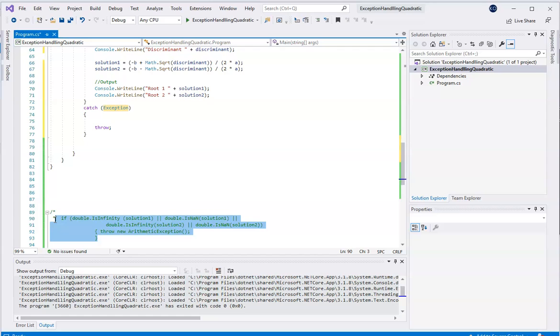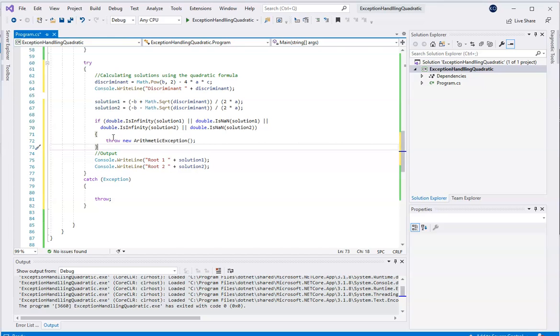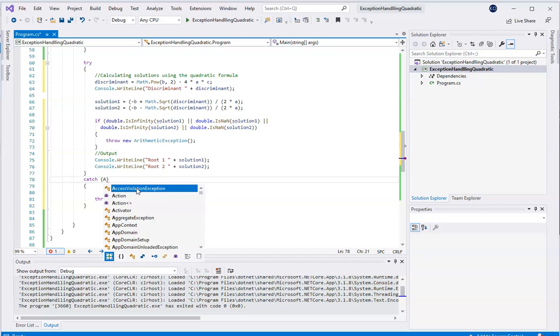And it's going to be an if statement after we do our calculations for the solutions. We can actually check to see if the solution 1 is infinity or is not a number, or if solution 2 is infinity or not a number. So we're checking all the possibilities, solution 1 and solution 2, and if that's the case, we're going to throw an arithmetic exception, which means we have to change our catch block. We want it to catch the arithmetic exception